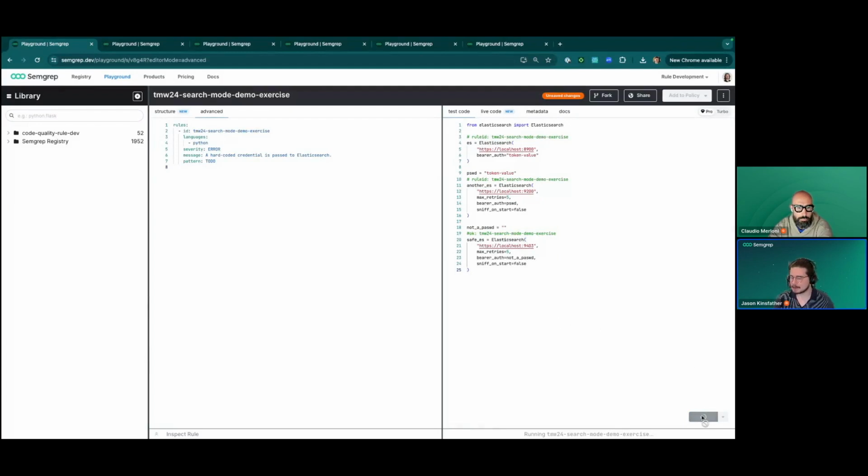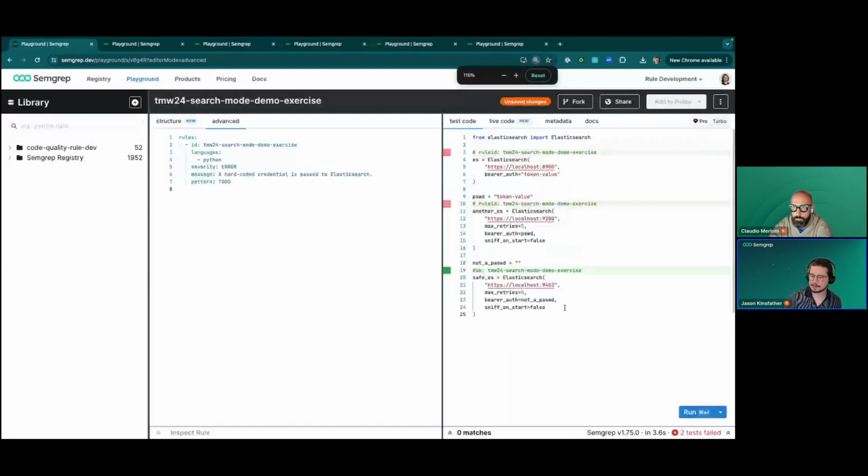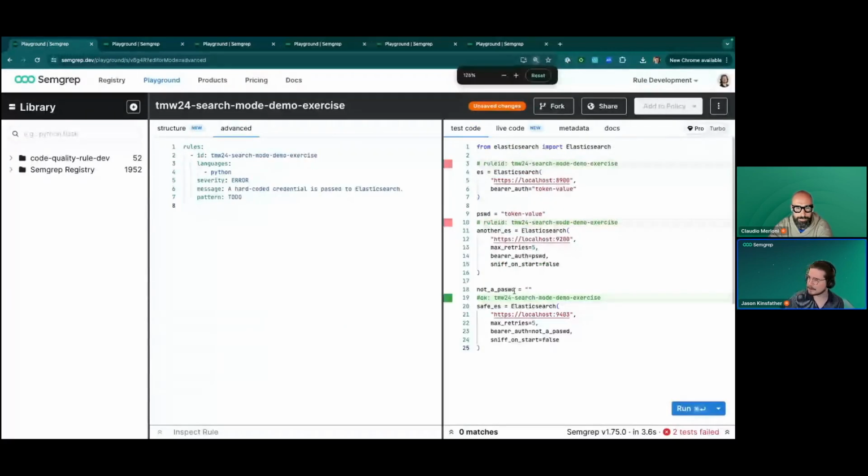I hear that it is blurry. Do I need to embiggen? Because I can. Is that helpful? Is that good? One more. Haha, how about that? All right, so